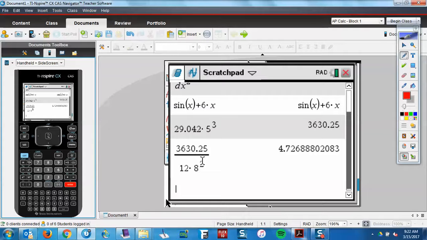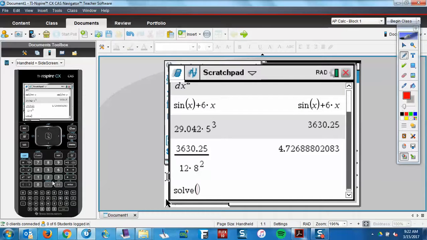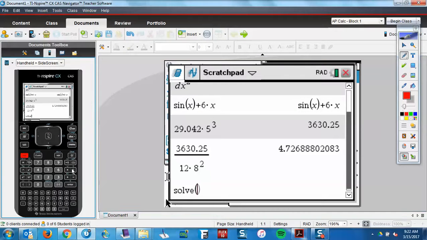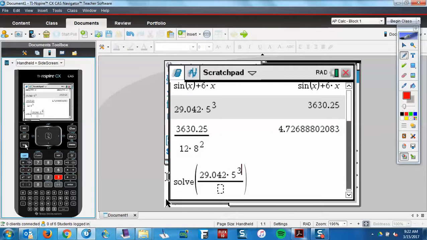So we do the K2 the same way, but now we just go in here and we do a solve. And so it would be a fraction, and it'd be 29.042 times 5 cubed,